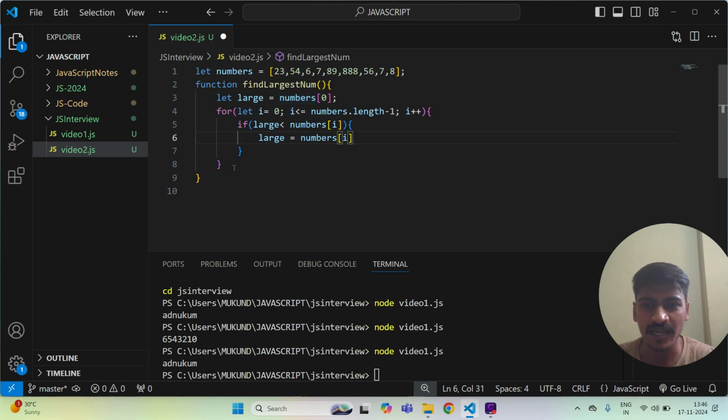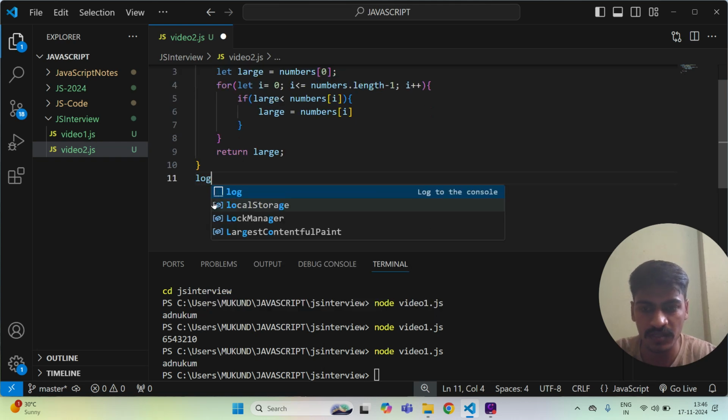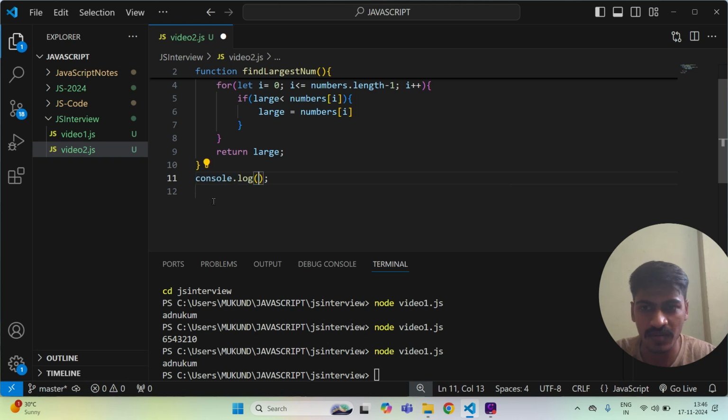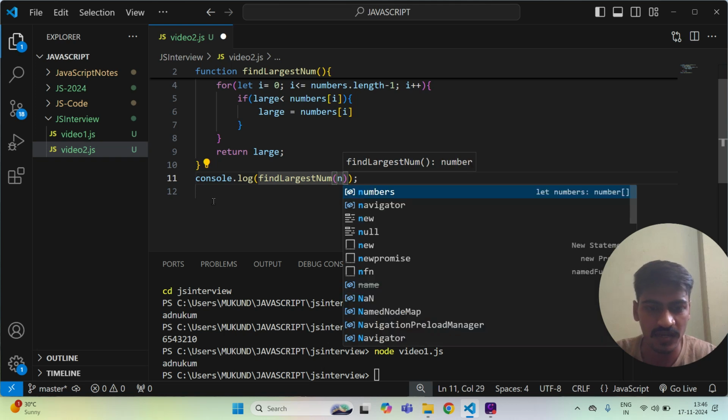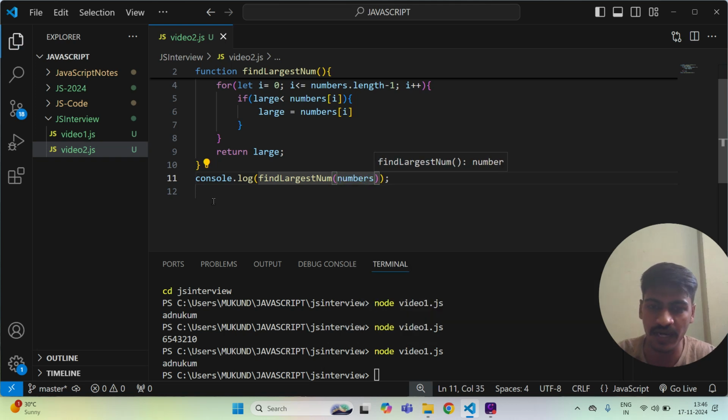Then we return large. Outside of that, we just call the function, find largest num. And we are just calling it on that particular array.